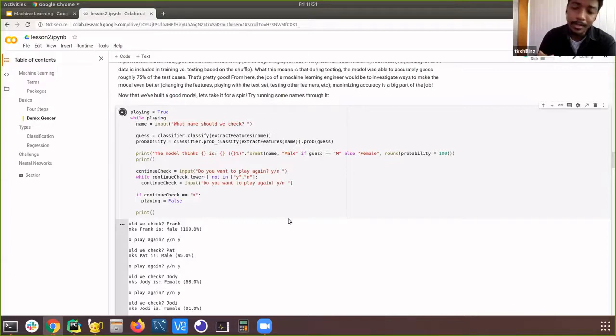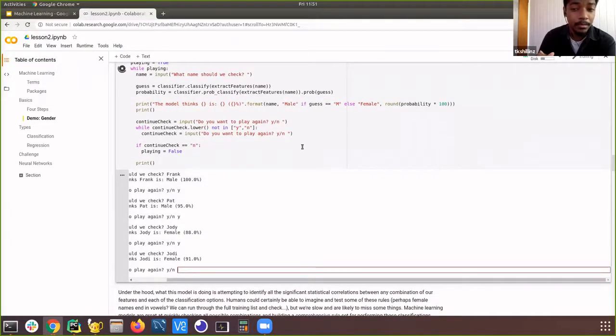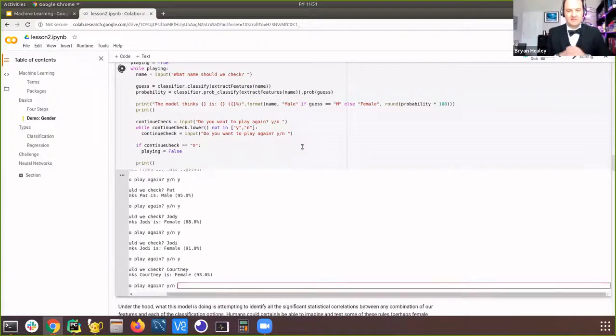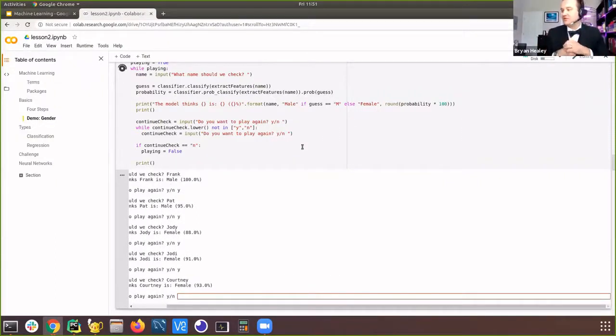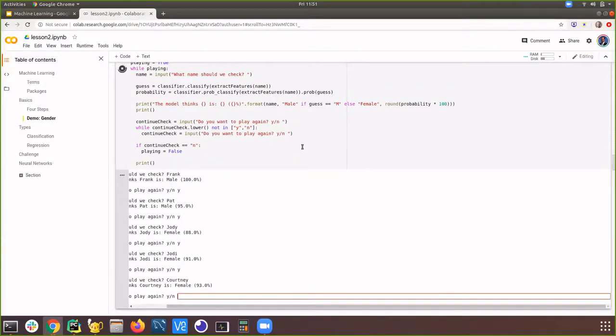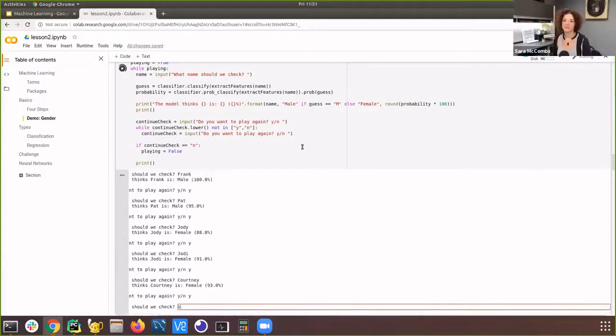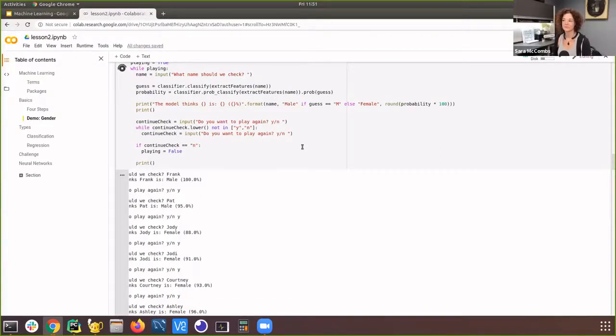Courtney in the Caribbean is typically a male name. What happens there? Perfect example of potential data failing. Where did I get this name set from? Is it collected mostly from, see, 93% female. Seems very confident. Not from the Caribbean. What about Ashley? Ashley, another good one. In the South, it's 50-50. It's game all the way across the board for who that belongs to. Female, 96%. Interesting. The data? Probably, yeah. Where did I get this name set from? Did I pull this out of like a Northeast Boston dictionary or something?